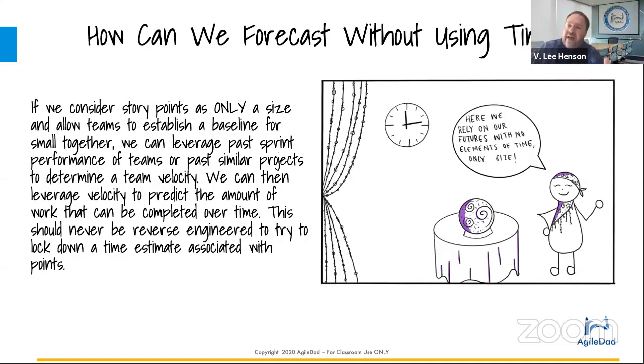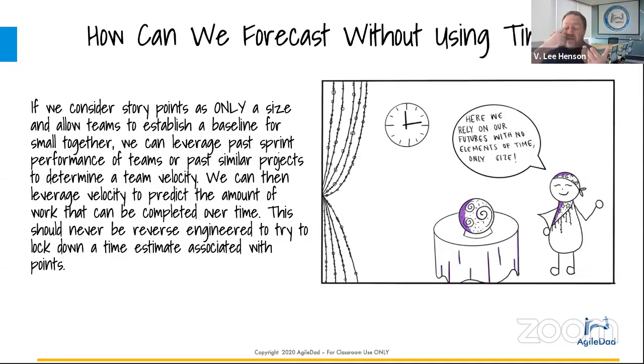If I have that understanding that not everyone has the same skill set, not everyone has the same tools, not everyone has the same knowledge, then what I can do is say, okay, where one person might be weak this sprint, next sprint that person might be strong, depending on what we're working on. So if I can say that things are going to come out in the wash and there's going to be a balance over the course of 3 or 4 sprints, I can figure out how many units of work can